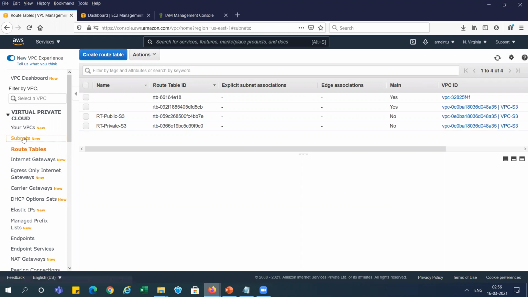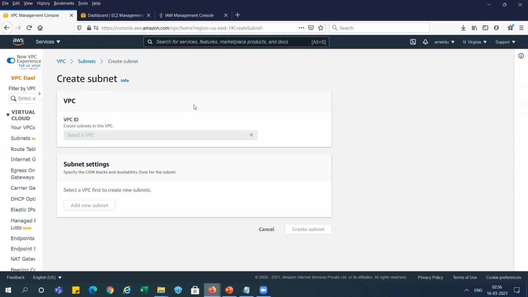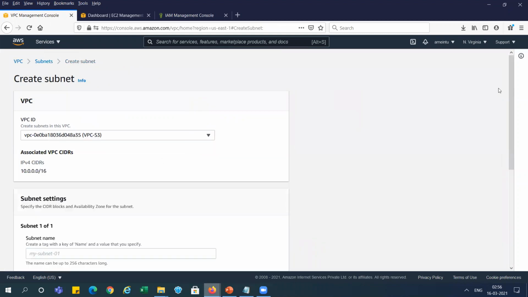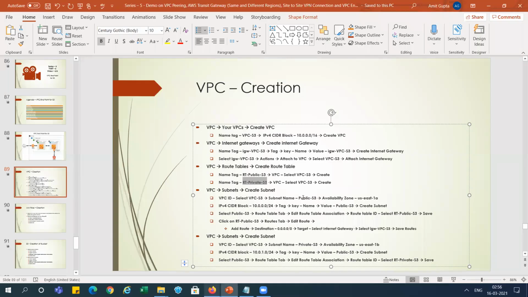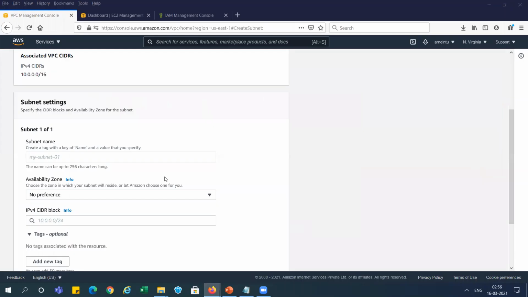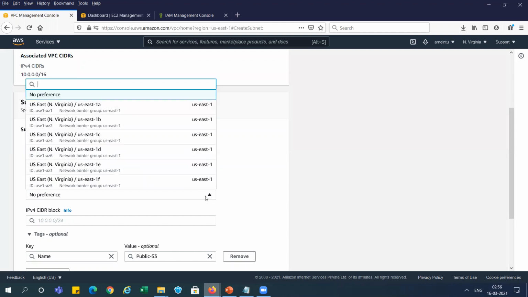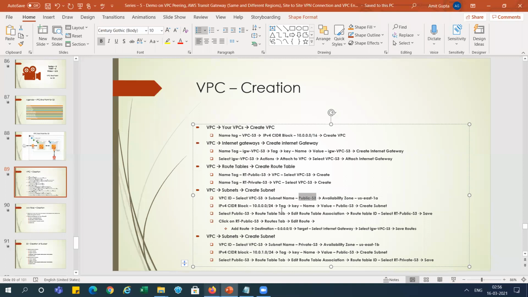Now we need to create the subnets. So go to create subnet. We will select this VPC S3, and then give the name of the subnet. I am putting public S3, availability zone US East 1A, and CIDR range 10.0.0.0/24.